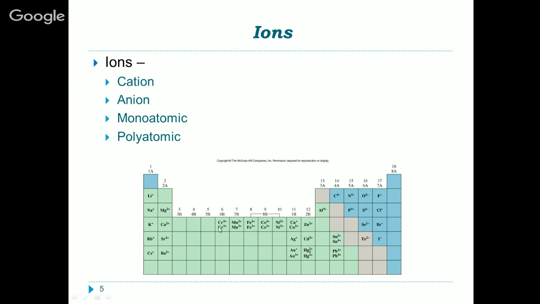Notice here in the middle we have some different charges on our transition metals. 2s and 3s, 1s and 2s. Here, mercury does really strange things. We actually have a diatomic mercury with a 2+. I will give you a list of ions that you actually need to remember. Very few things I ask you to memorize. This happens to be one of them. So transition metals do weird